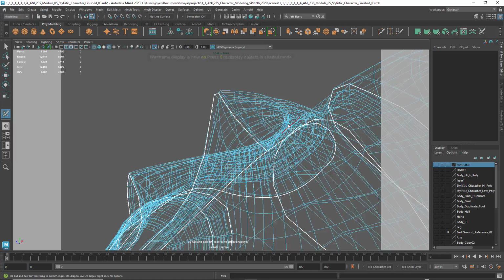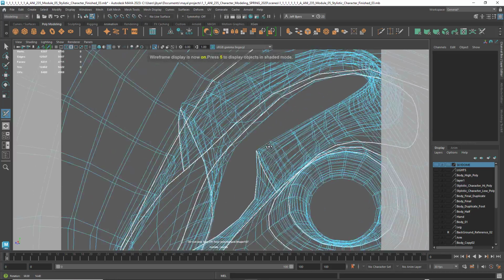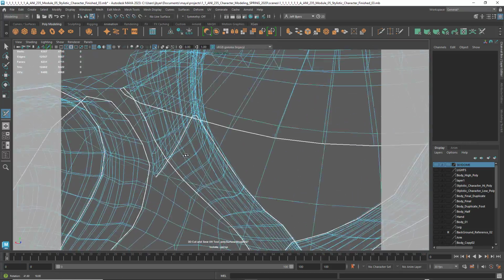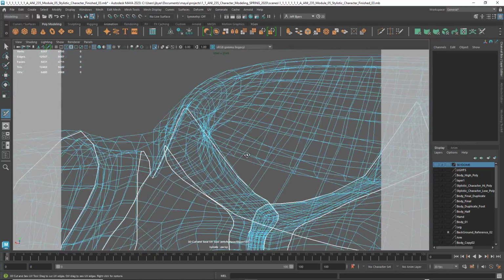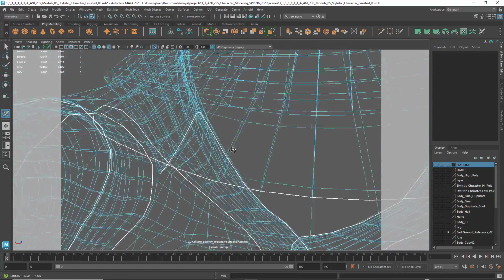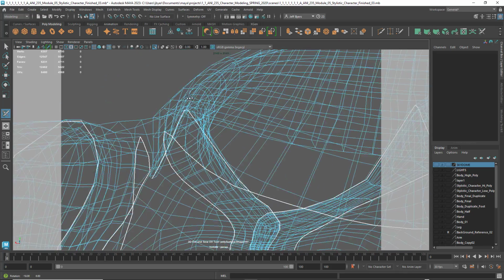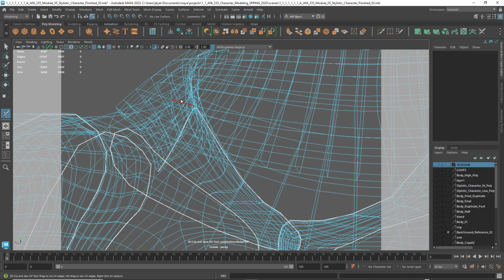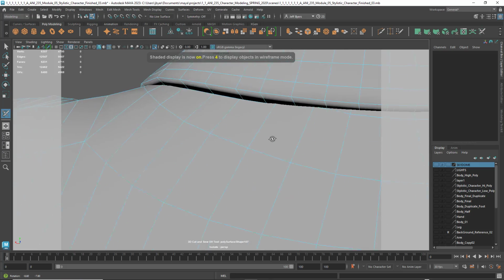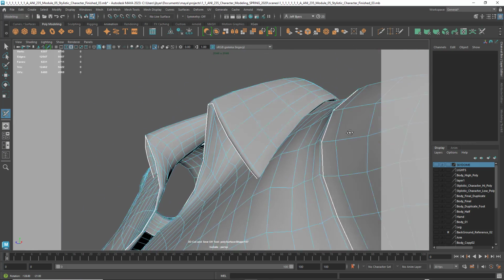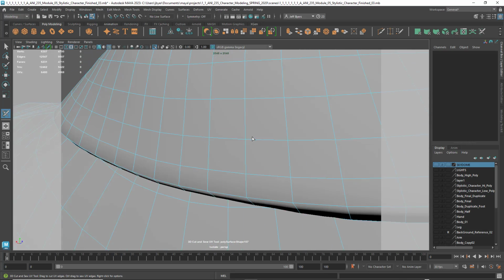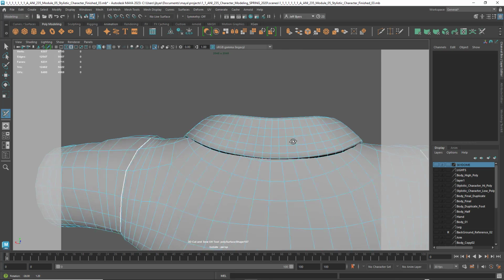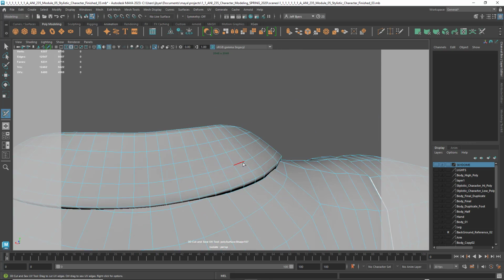Now I'm going to hit the 4 key and kind of follow that edge around because I can't see that edge, okay, where it stops, and it should go all the way around. Okay, that's very hard to see because I've got this top part kind of difficult, you know, the collar is hiding stuff, so I'm going to hit the 5 key again and just kind of follow that around where it should be. Okay, and it should have an edge loop